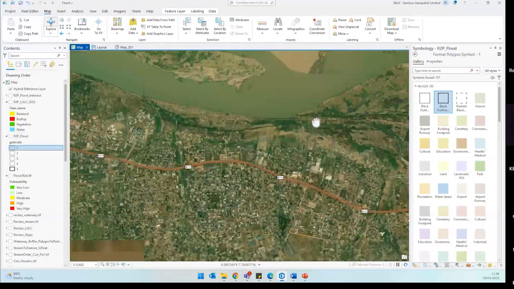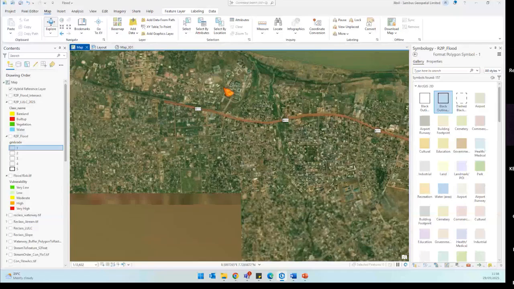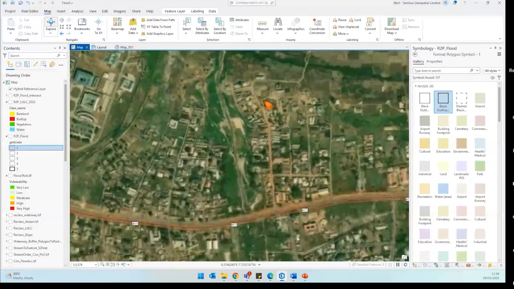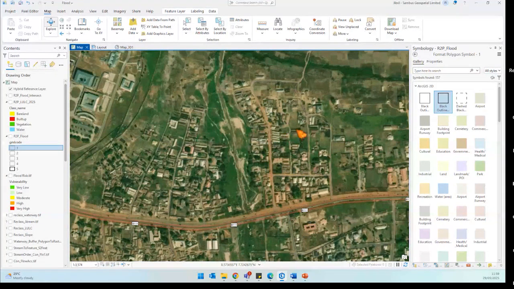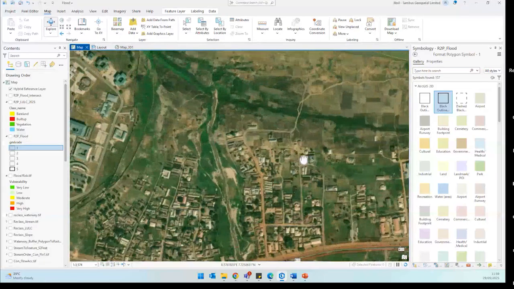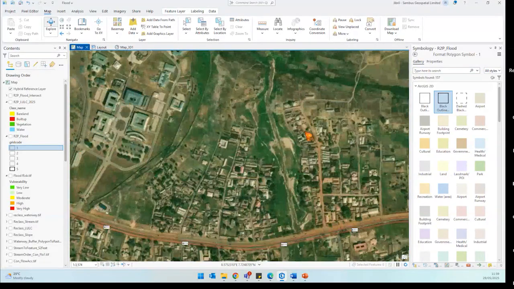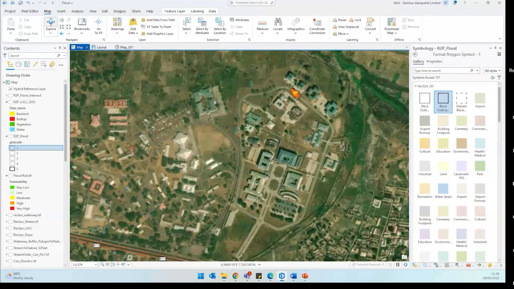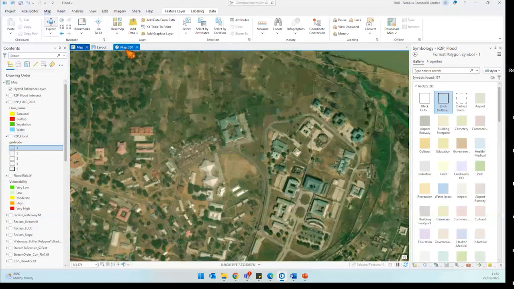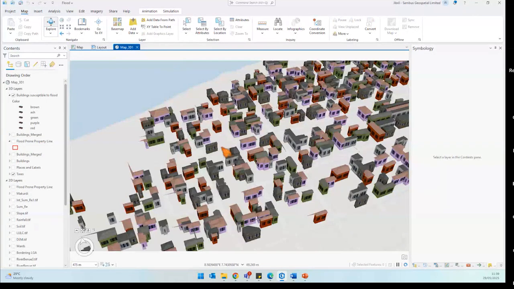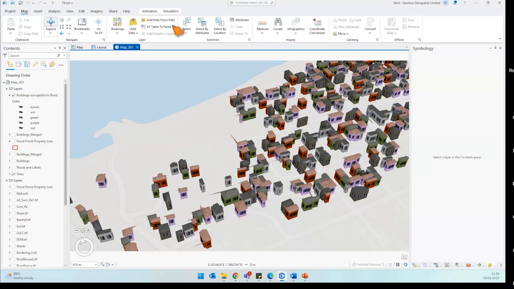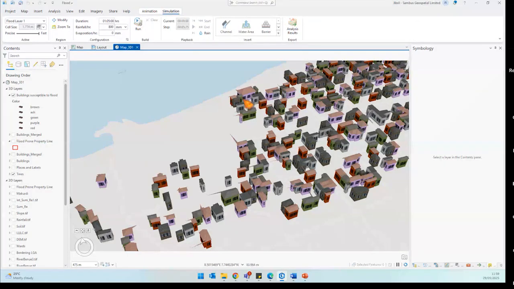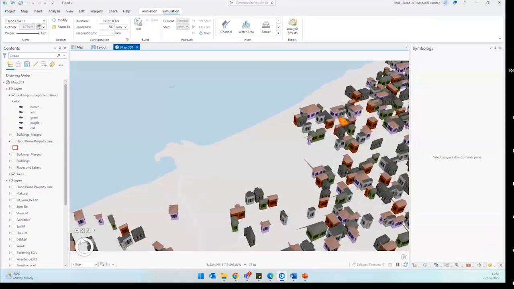So what this does is, it allows you, though there are models where you input your satellite imagery that you've gotten, and then it's going to generate footprints for each of these buildings, or you could actually digitize each of these buildings from your base map. So what you have is a result that you could actually convert to a 3D model. So when you convert this to a 3D model, going further in your analysis, what Esri has done is they allow you to be able to